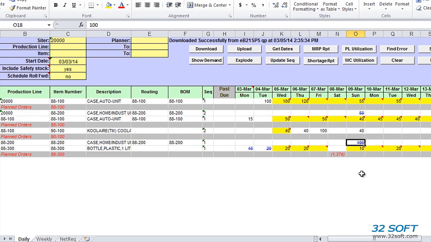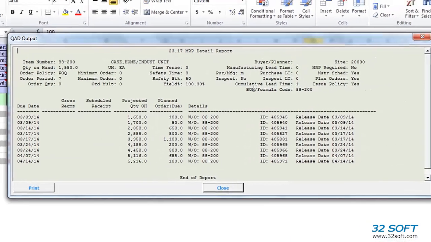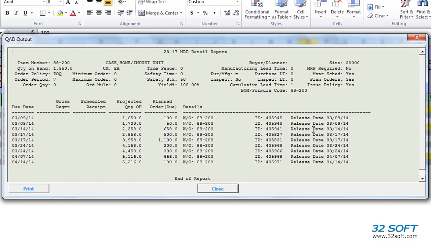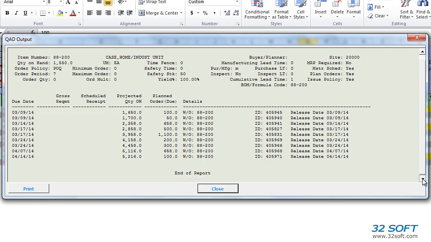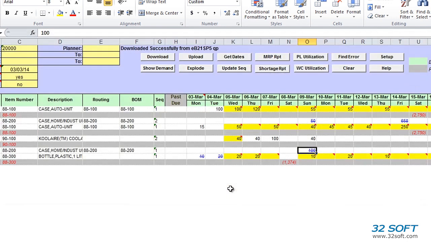To help us analyze our production schedule and make decisions about modifications to it, we have a detailed MRP report, which we can access by clicking on the MRP Report button. A detailed MRP report will open in a pop-up window and display item details, quantity on hand, gross requirements, and projected receipts. 32Soft's Production Planner also allows us to review capacity requirements for existing and simulation schedules, which means we